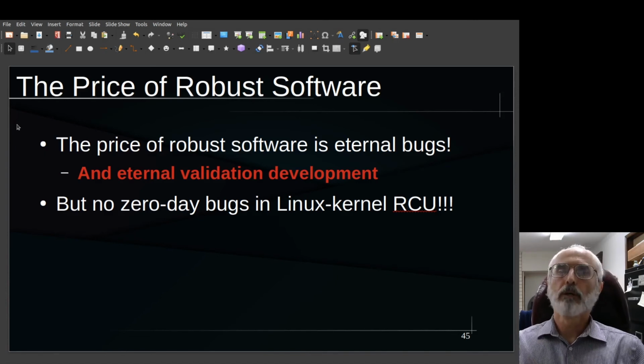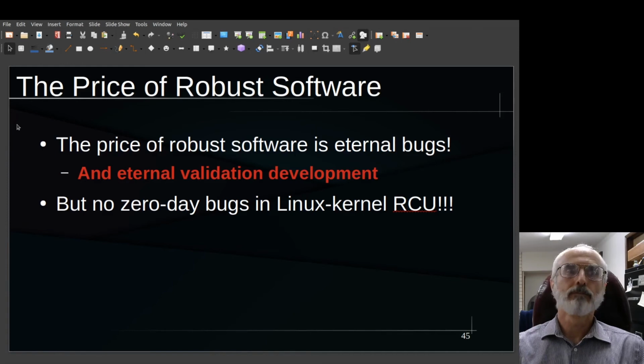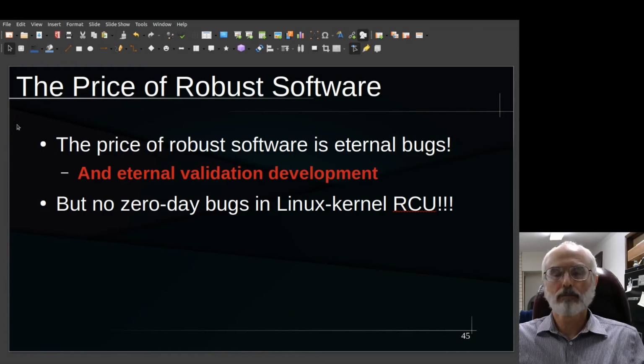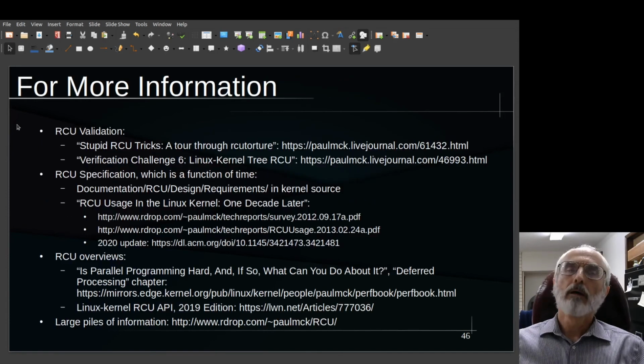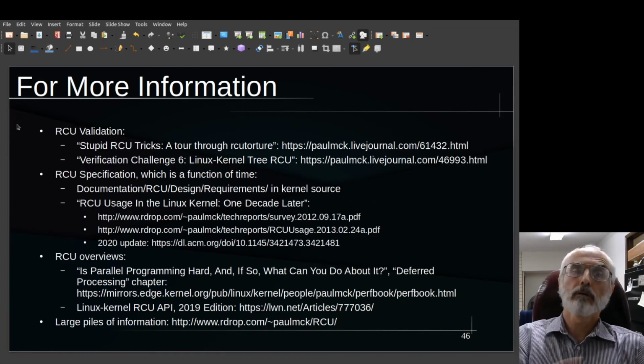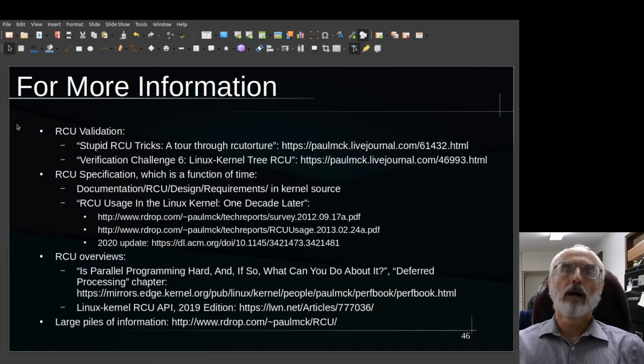And the reason is that if I look at the bugs, the bugs maybe too, but the code that was there in 2005 that's still there in 2021, it's in 3 classes. There are preprocessor directives, which are trivially checkable. There are comments, which may cause confusion and thus bugs down the line, but they don't cause bugs right now. And there's blank lines. So no 0-day bugs, but that's no help. They're still bugs. With that, there's more information, as promised earlier, about the use of RCU and what it does and so on. I thank you for your time and attention, and I'm willing to take any questions you might have. Over to you.